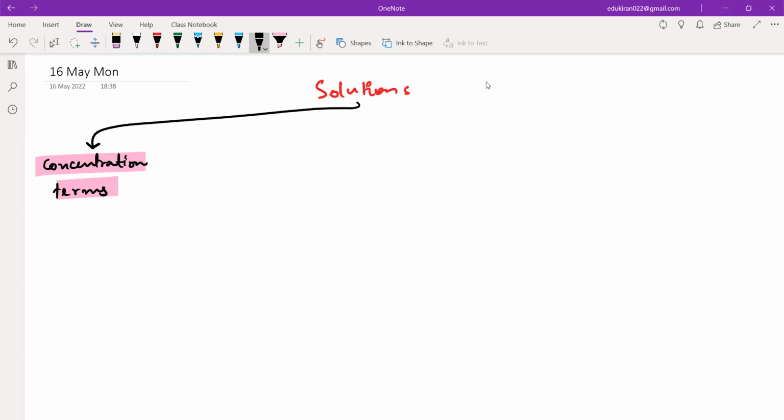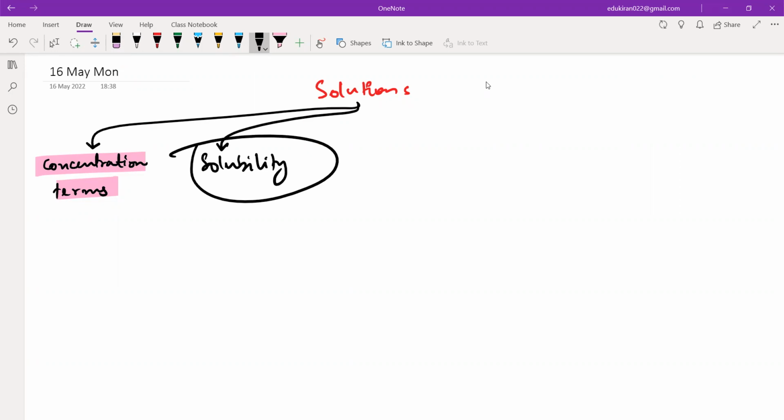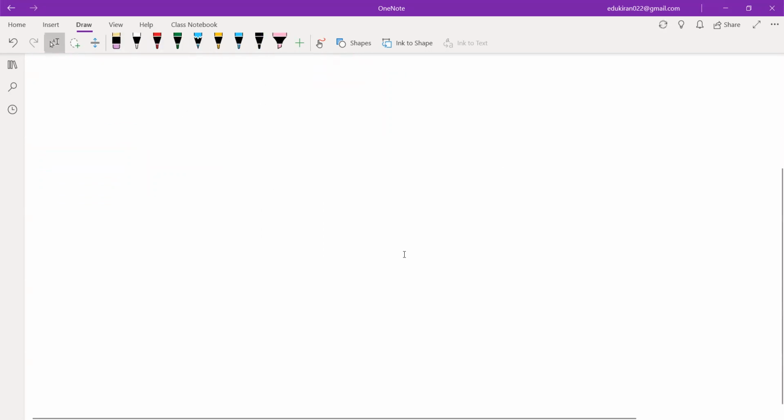Okay? So after solution we have another term which is solubility. Solubility is something that we are going to study today. And those students who remember what was done in the last class, there was a part on normality. Normality I'm going to teach towards the end of colligative properties, where we have a similar thing going on, which is a quantum factor. So we will study normality at the end. Colligative properties. Today we'll be starting with solubility.